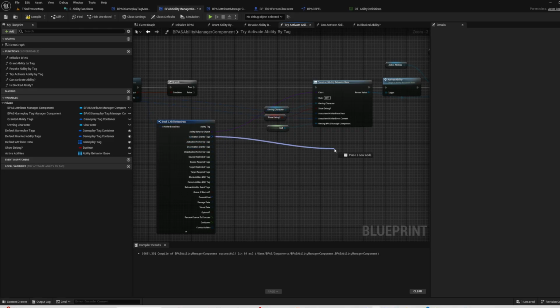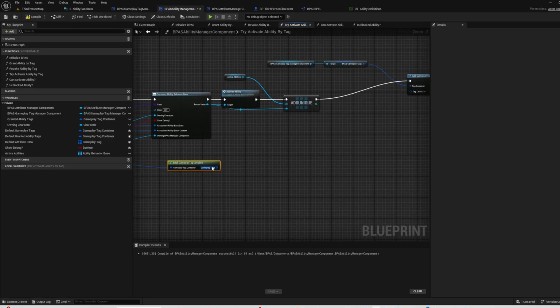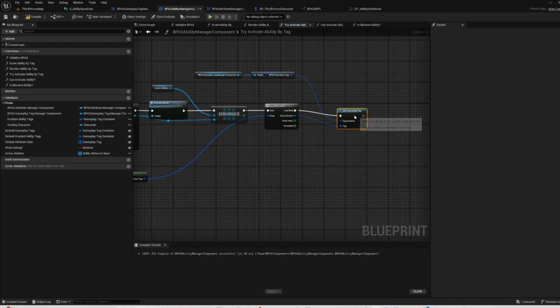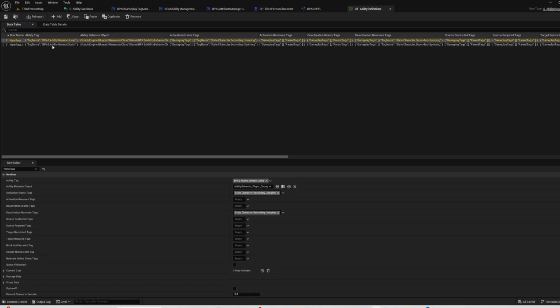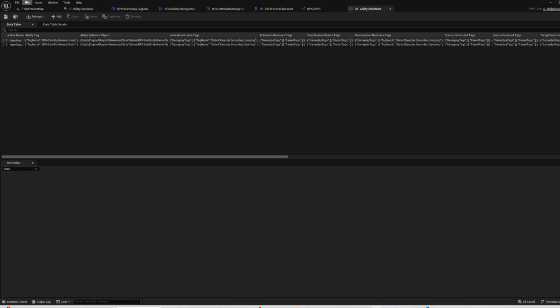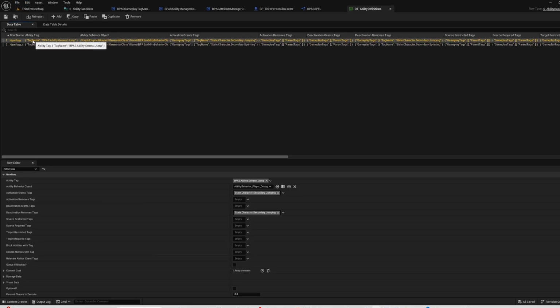So let's say activation grants tags. We'll break out of this. We'll do a for each loop. And basically we'll say to add this gameplay tag when it is activated. And so an easy way to debug this is going to be going into our database, and let's say while we're jumping, we can't sprint, right? So jumping, activation grants tag is jumping, and sprinting, we will say